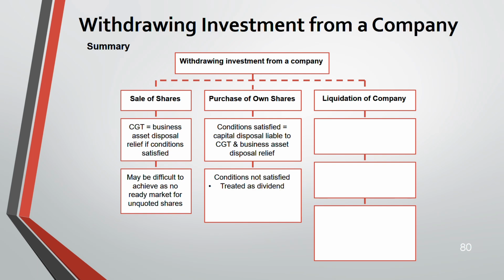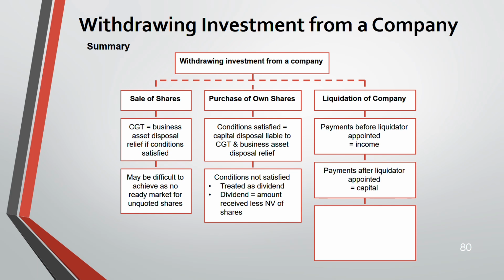If conditions are not satisfied, it is treated as dividend. The dividend is equal to whatever amount you have received less the net value of shares. Now, third, liquidation of the company. It depends on the payment: before a liquidator is appointed, it is income; payment after a liquidator is appointed is capital. HMRC allows winding up without a liquidator, and whatever payment goes to the shareholder will be treated as capital